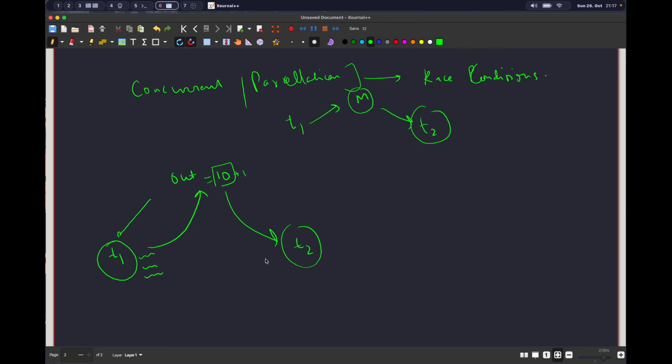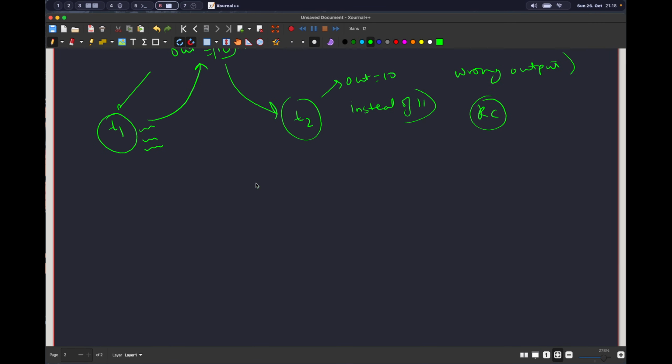Thread 2 reads it. Now thread 2 has out as 10 instead of 11. So this will always result in wrong outputs. So this is in short something called a race condition, and how you solve it is, especially in CUDA